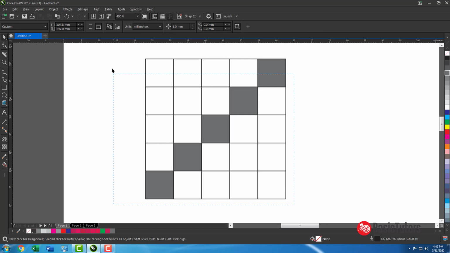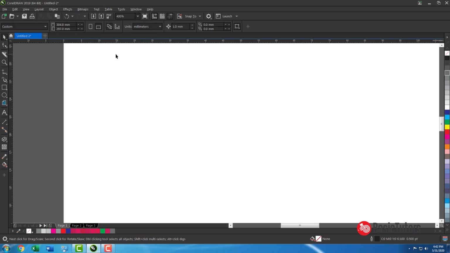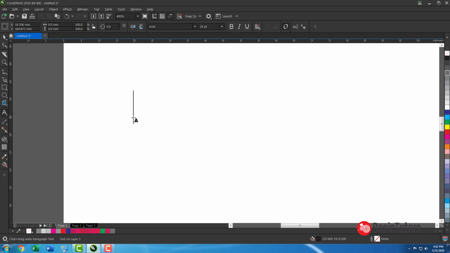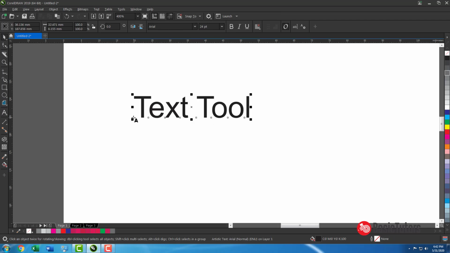Okay, let's move on to our important thing called the text tool. There are normally 2 text types. The one is artistic text. Artistic text is nothing but what we are seeing here.